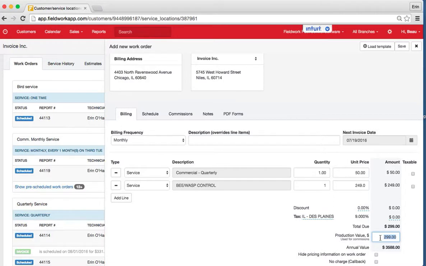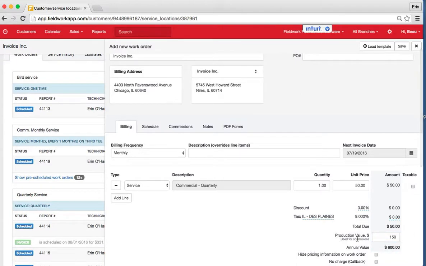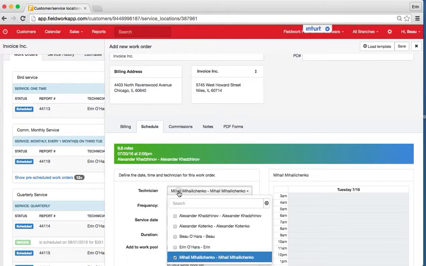So this is a monthly invoice. I'm going to take off the bee and wasp nest. And the monthly invoice for 50 ends up being a production value of 150, which is your technician's value for each time they go out and do the service, and it communicates to the commissions. The annual value for the account is 600, and then from here we'll go ahead and pick our quarterly appointment,